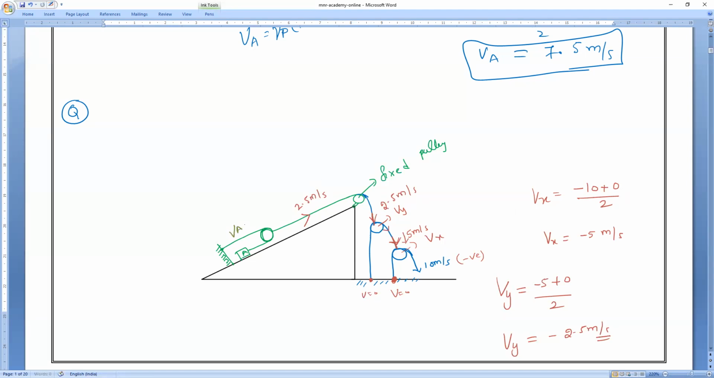Now find the velocity of A. That is our target. So what is the velocity of A? We know the velocity of the pulley. What is the velocity of the pulley? We got it, 2.5. Velocity of the pulley is 2.5